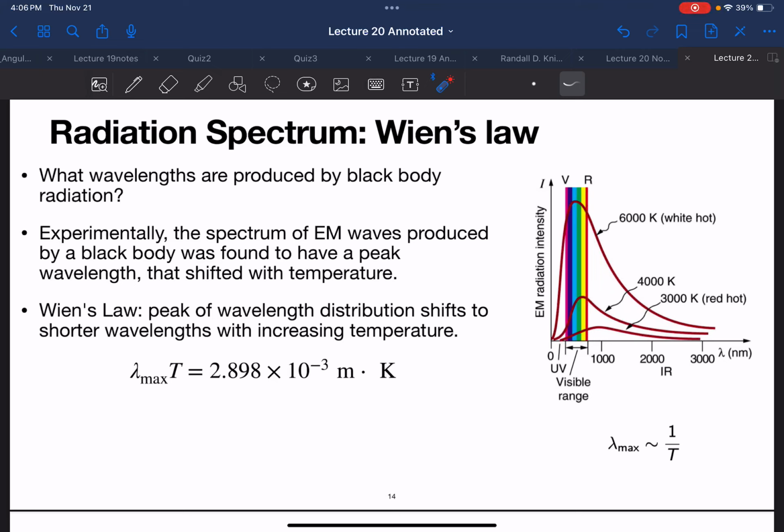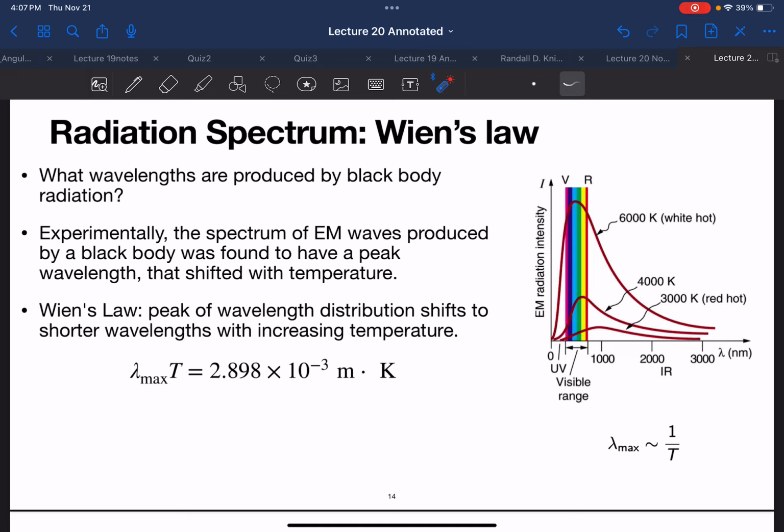Okay, during lecture yesterday, which was Wednesday of week 8, we got interrupted a few times because of a bad connection to the projector. So I'll summarize some of the main concepts from that portion of the lecture. So one of the things we were talking about is how the peak of the radiation from a black body